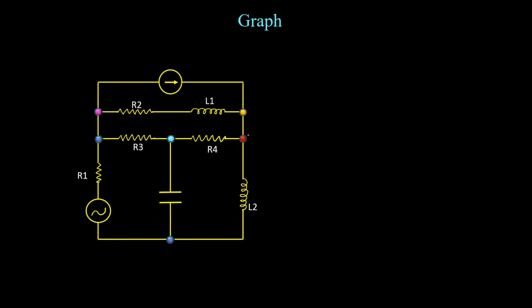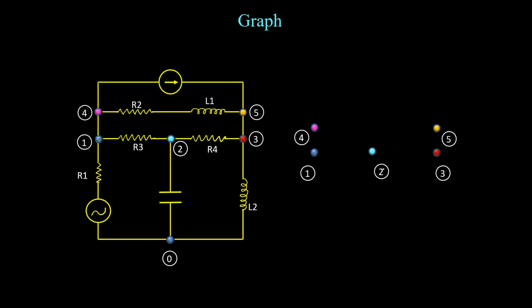So in this figure, if you see, we have an ideal current source. Since the current source is ideal, this will be replaced by open circuit whenever you represent this network into the graph. Now let us see what are the steps that we need to remember to represent the graph. The first step is we need to keep all these nodes as they are in the graph also. So let us mark first node, second, third, fourth node, fifth node and a reference node.